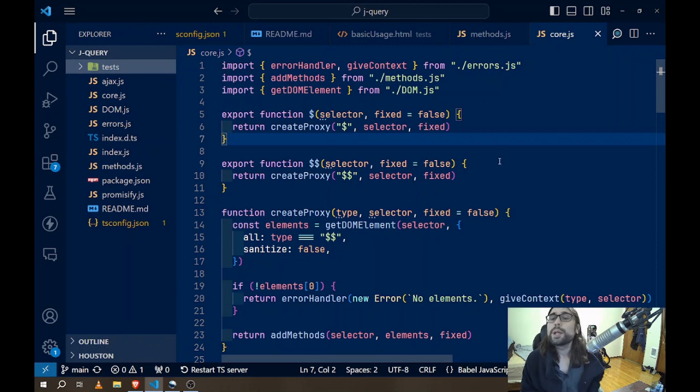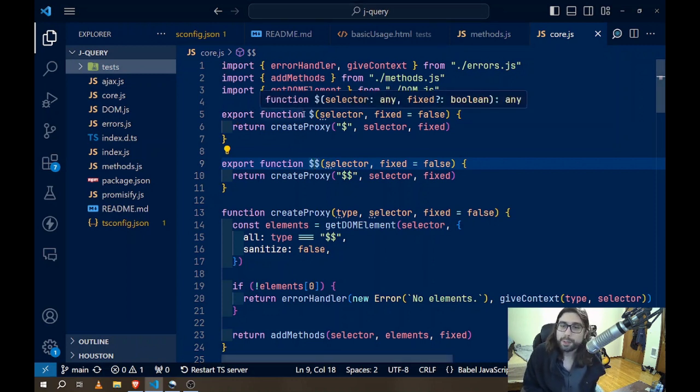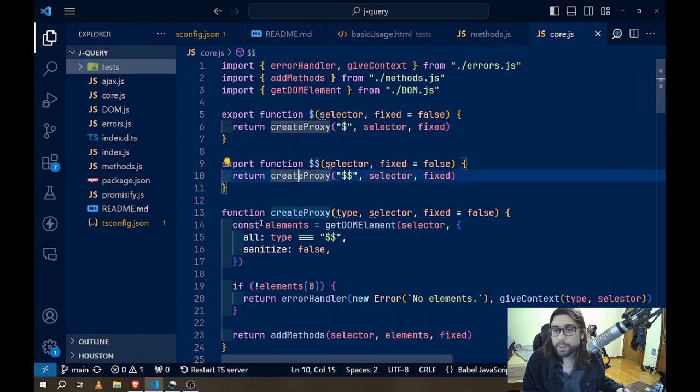So here we are in core.js. The exposed interface is mostly through these two functions, which is the single $ sign and the double $ sign. This is going to be the theme that you're going to keep seeing as we keep moving through this code: the actual things that are exposed to the user are not always going to be very explanatory, because I'm just trying to get everything combined together into that one interface that they can use. So single $ sign and double $ sign both call createProxy,